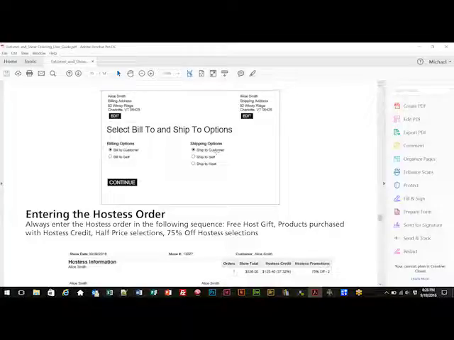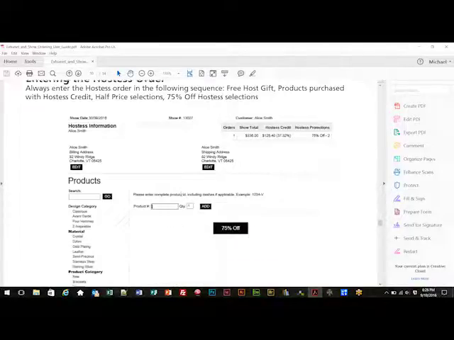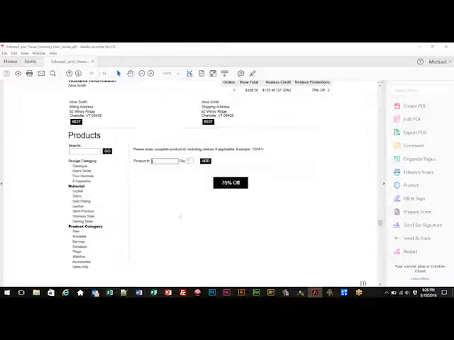So I think if you do the hostess order in the sequence that I recommend, you will find it easier to see what is actually happening with the hostess order, that what is happening corresponds to maybe what you wrote down on paper for the hostess, as opposed to kind of doing things in a random order. So what's the right way,